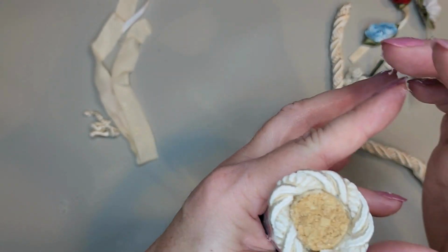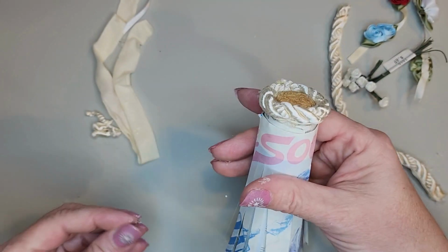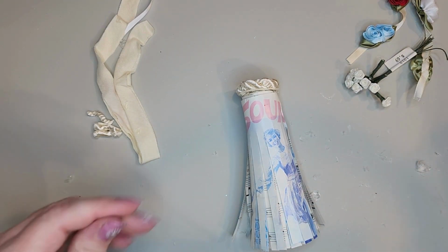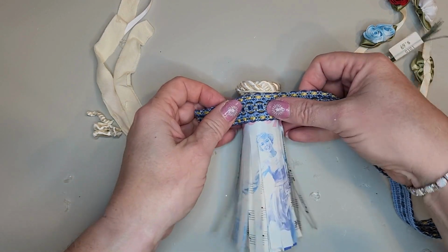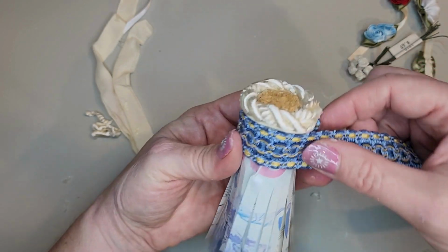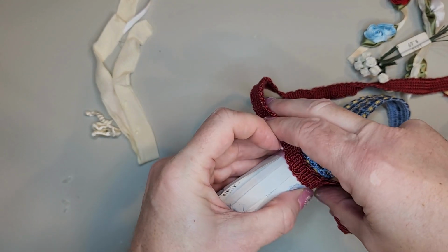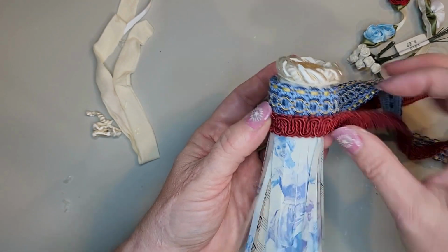Just want to make sure that that's nice and secure. Okay. All right. So now what we're going to do is put that aside, determine what we want to do for the next layer. I kind of, let's see, kind of do like that. I don't know, what do you think? I could do this underneath it too. Just totally covering up the Sound of Music,